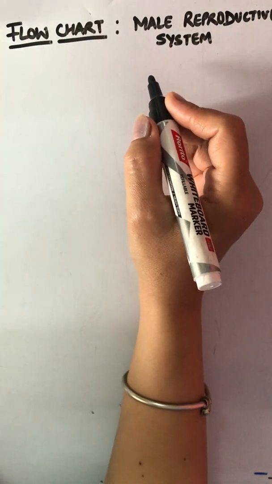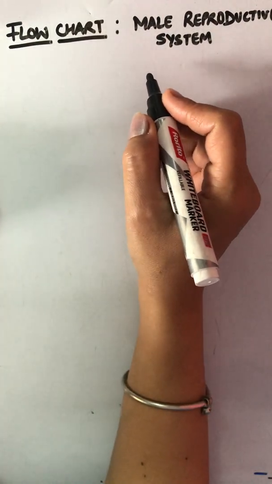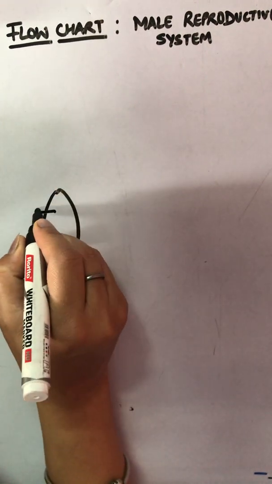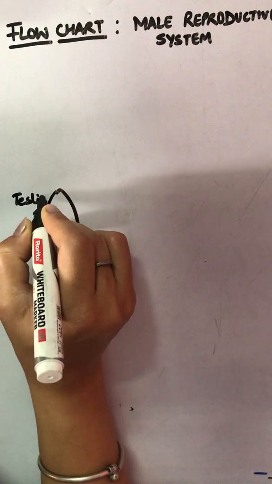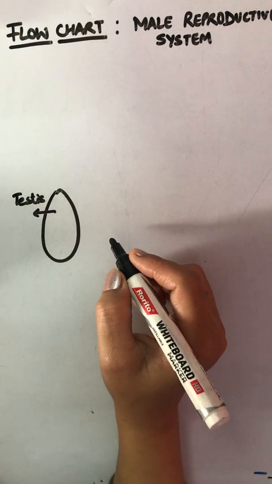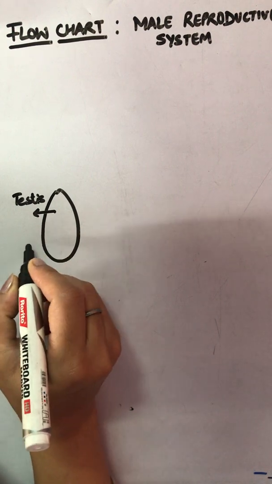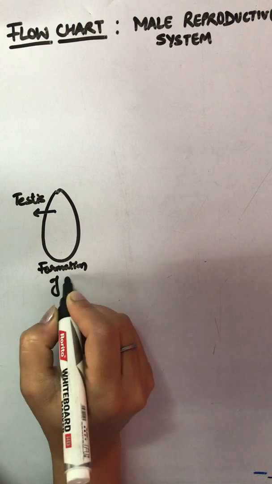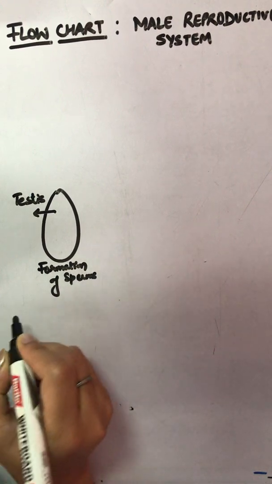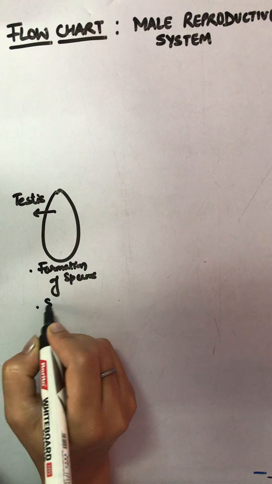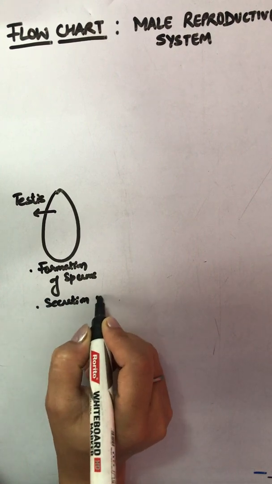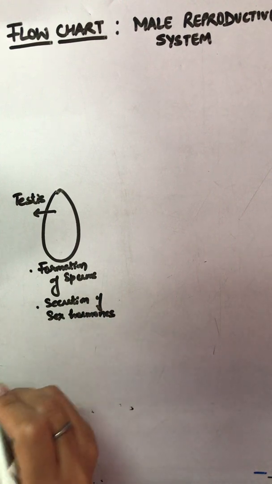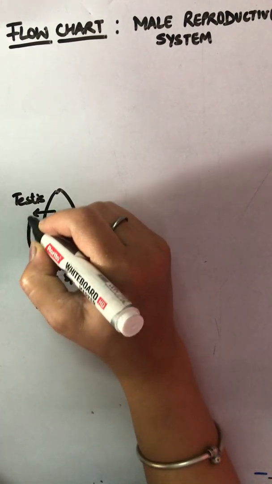Moving to the flowchart depiction of the male reproductive system. In this, we will first draw the testis, where the formation of sperms takes place, along with the secretion of sex hormones. Then it would lead to